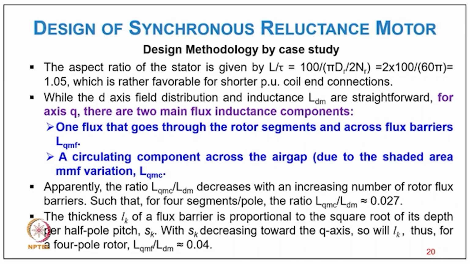Apparently the ratio LQMC upon LDM decreases with an increased number of rotor flux barriers, such that for 4 segments per pole the ratio LQMC upon LDM equals 0.027. The thickness Lk of a flux barrier is proportional to the square root of its depth per half pole pitch Sk, with Sk decreasing towards the Q axis. Thus, for the 4-pole, total LQMF divided by LDM equals